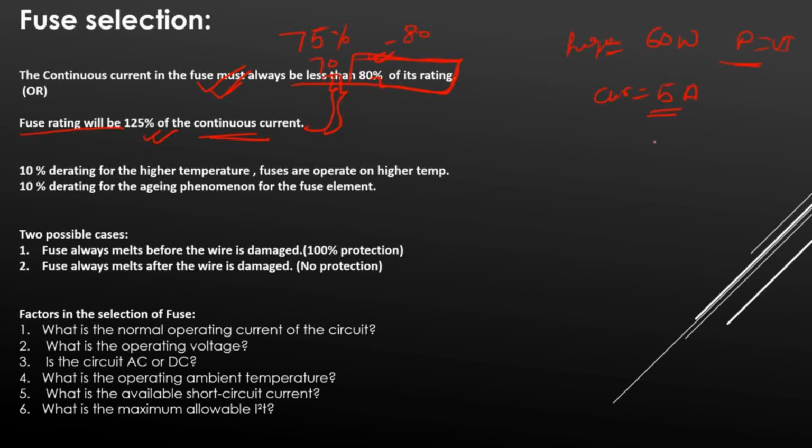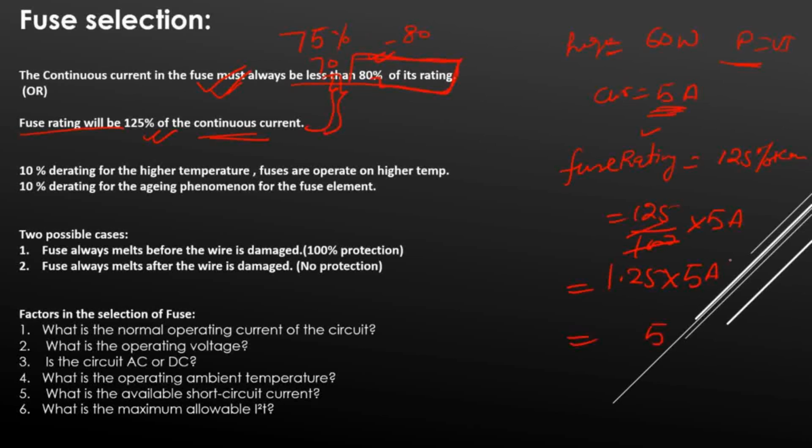Suppose my continuous current is 5 amps, then what will the fuse rating be? 125% of the continuous current, so 125 divided by 100 into 5 amps. Can I write it like this, with a 1.25 factor, then 5,